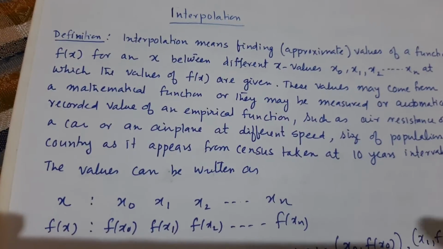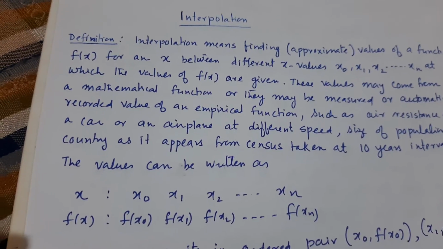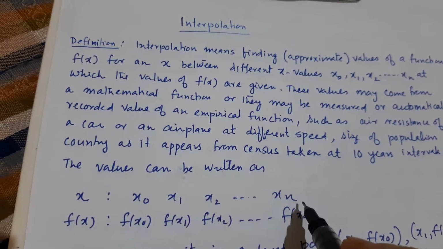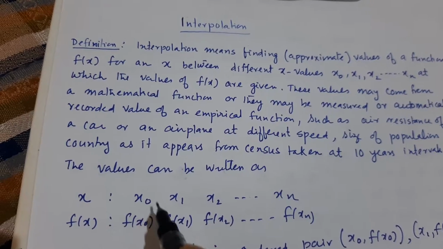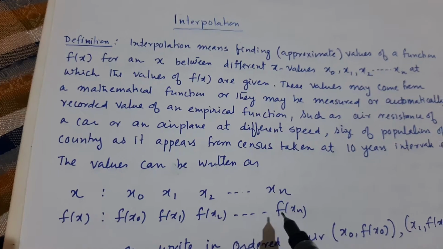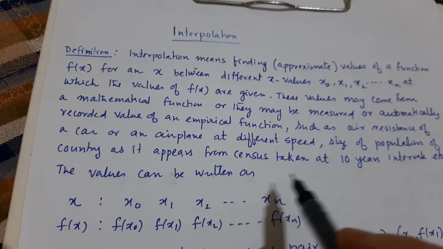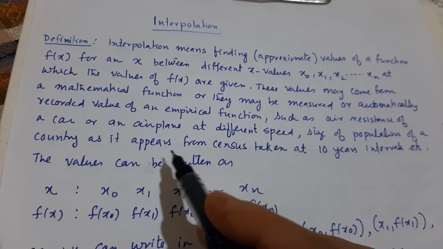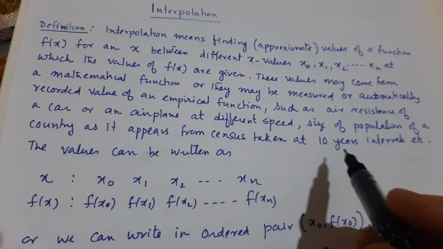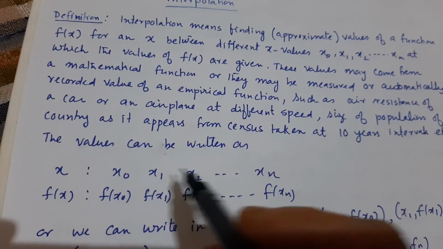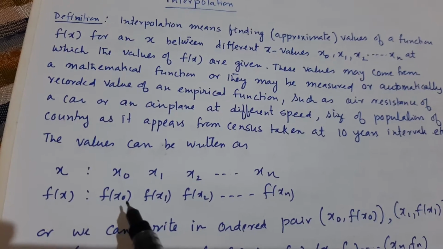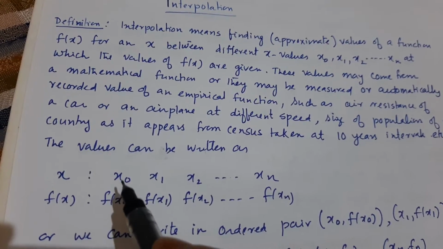Interpolation. Suppose you have been given some set of data like this. X values are given from x0, x1, x2, up to xn, and accordingly the functional values f of x0, f of x1, f of x2, up to f of xn are given. For example, suppose you want to find the population of a census taken at 10 years in any country, that this x0, x1, x2, xn can represent the years,